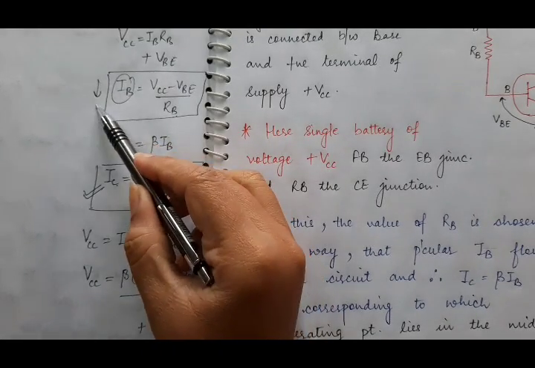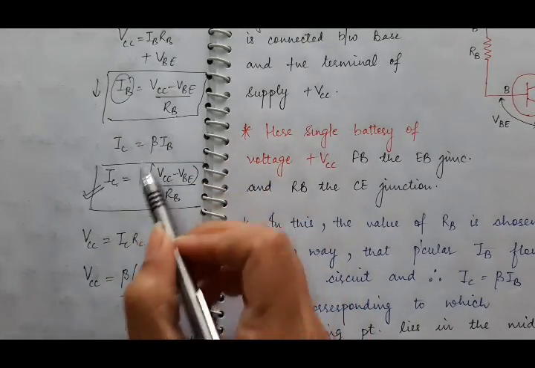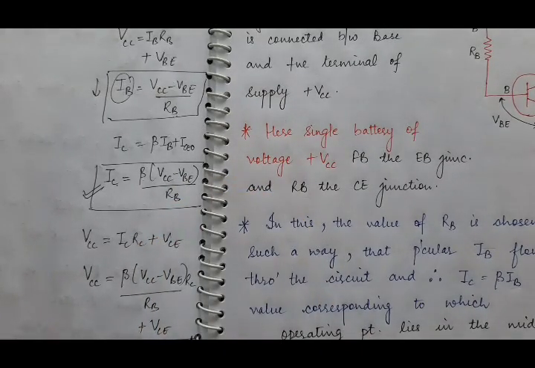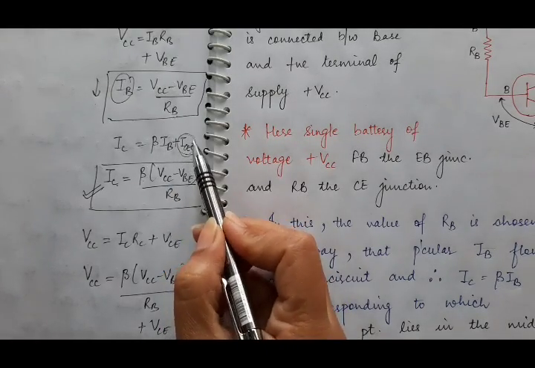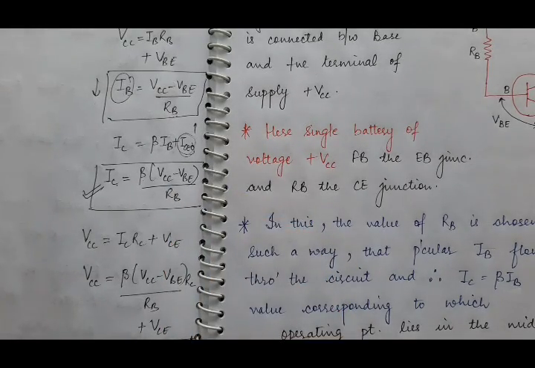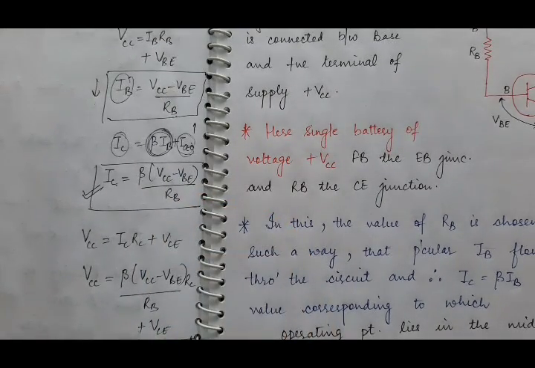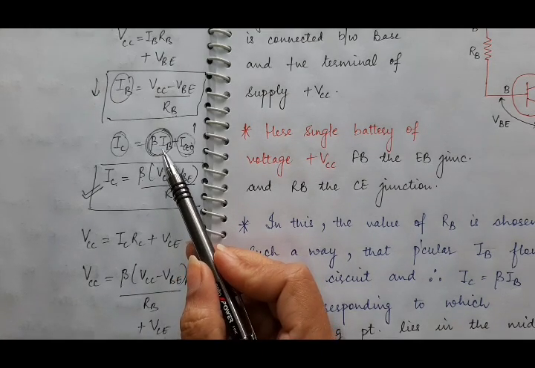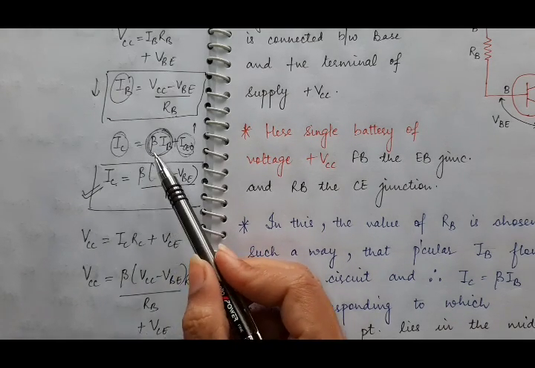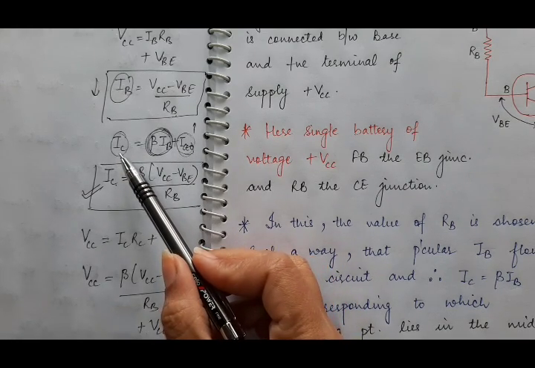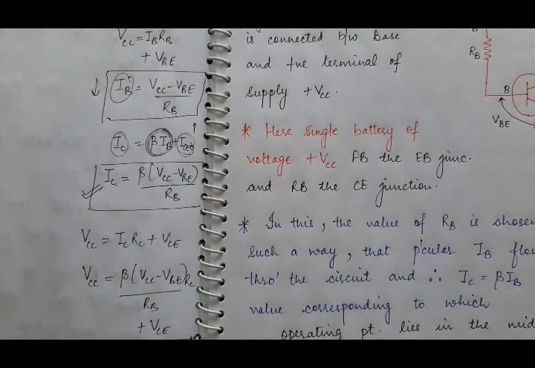And if this IB is small, then we know that the total collector current is beta IB plus leakage current ICO. We know that with increase in temperature, this collector leakage current will increase. But we don't want to increase the overall collector current. So how can that happen? If you can decrease this base current by some amount, if you can control the base current by some method, then it will compensate the increase in leakage current, and therefore the collector current will change, but it will not change by a significant amount.